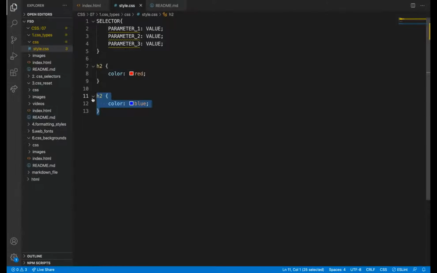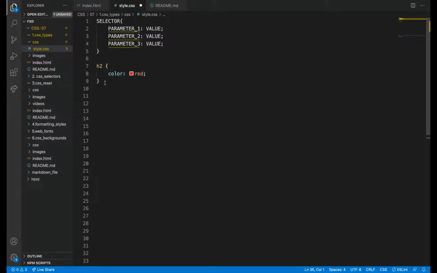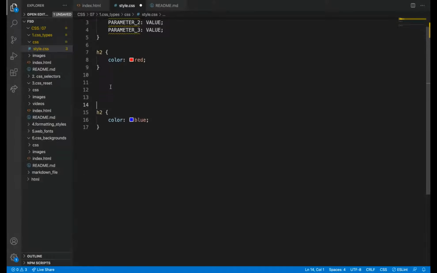Simply for now, remember that whatever styles you have written at the last of the file will apply, because you may add some styles here and there, and at the end of the file you'll also write this H2. Whenever we are repeating the same thing, sometimes mistakenly we will do this, and then we will check why it is not applying by seeing the first line, but the override will be down somewhere. We won't notice.